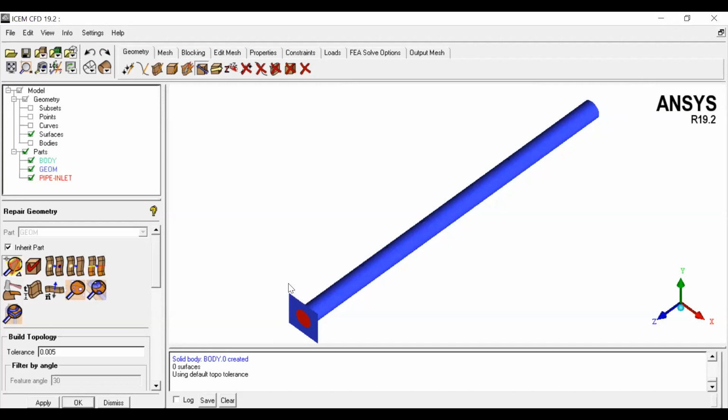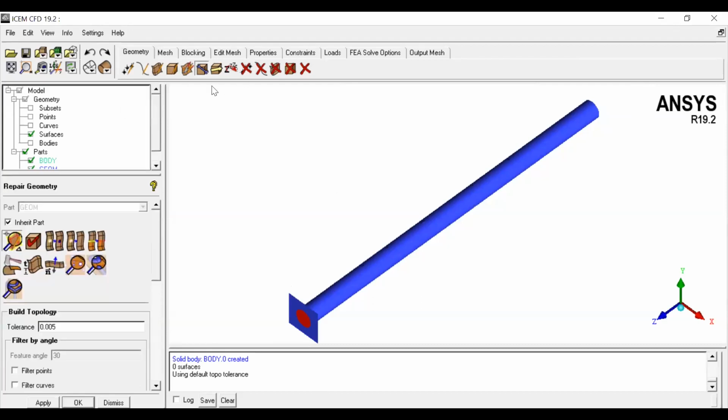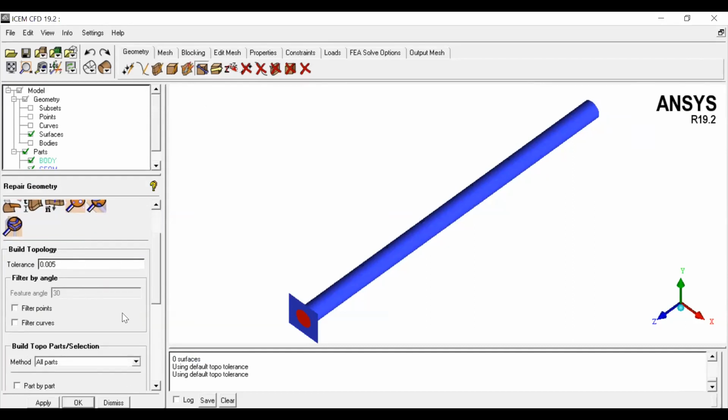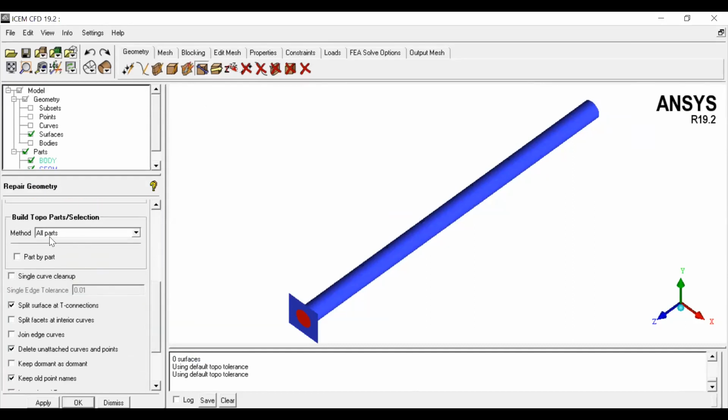So once your geometry is created, it is always better to check the topology. To do that, go to repair geometry and build diagnostics, the first one. You can build topology for all the parts, click apply.